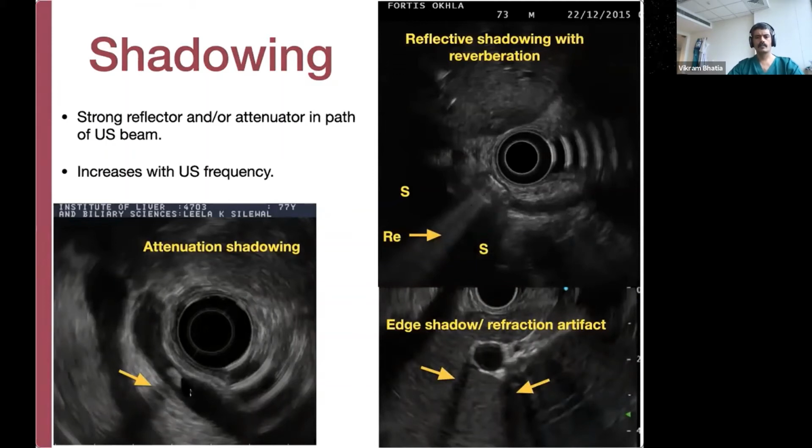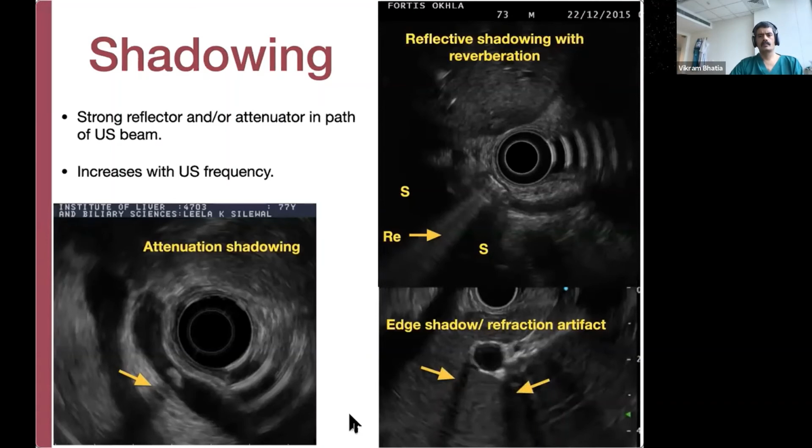There is a similar artifact also called edge shadow or refraction artifact, which must be distinguished from an attenuation shadowing. Refraction is simply transmission of the ultrasound with a bend. This occurs when we have an oblique incidence and a different propagation speed from one media to the next. Now, when the ultrasound beam crosses this rounded structure, it is bent by the edge of the structure and you see shadowing at the edges. These are very commonly seen around the portal vein radicals inside the liver.